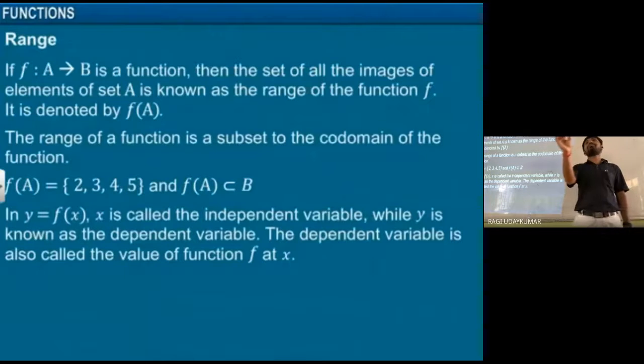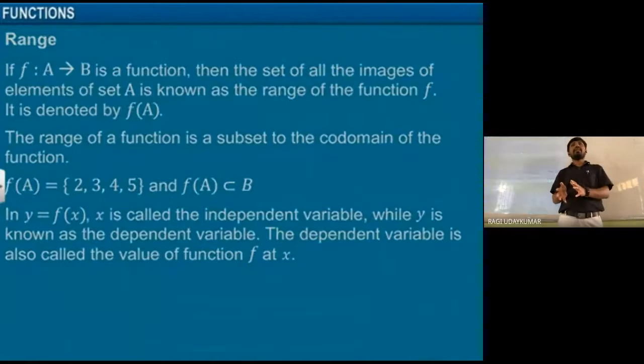Suppose f of x equal to x plus 2. Relation is a function ना. We have taken one example, y equal to x plus 1. Y equal to x plus 1 is nothing but x value हमको पता चलता है तो y आएगा. That's why x is called independent variable and y is called dependent variable. The dependent variable is also called the value of the function. Value of the function f at x is equal to x at that particular value. Okay. So this is the range, domain, codomain and value of the function.